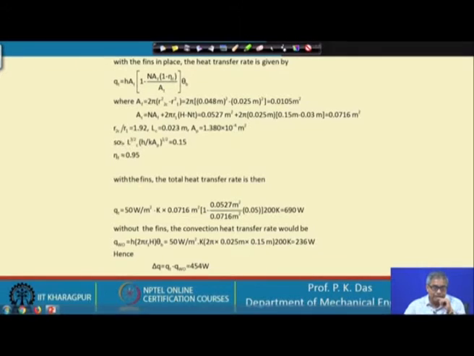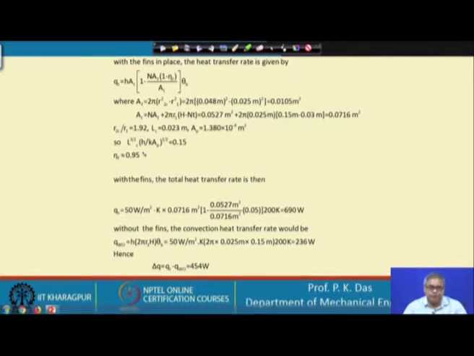We have to calculate the fin efficiency. So, the fin efficiency calculation has also been explained, and for the fin efficiency calculation you have to calculate the LC or the corrected length, that has also been explained over here, LC. And then the fin efficiency you are getting 95% fin efficiency. So, you see we have taken the examples, and many examples we have calculated the fin efficiency, and we are really getting, never we have gone below 50%. So, we are really designing fin which are having high efficiency.